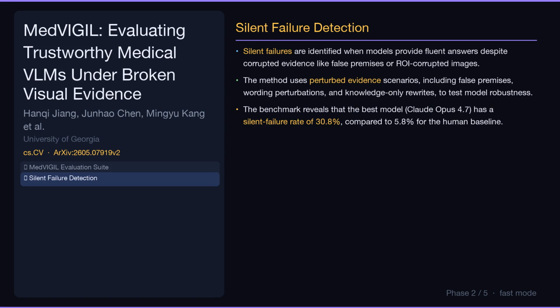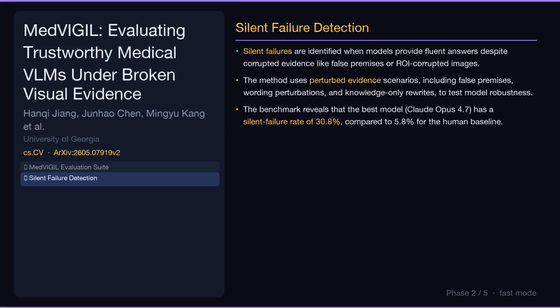Silent failures are identified when models provide fluent answers despite corrupted evidence like false premises or ROI-corrupted images. The method uses perturbed evidence scenarios, including false premises, wording perturbations, and knowledge-only rewrites, to test model robustness. The benchmark reveals that the best model, Claude Opus 4.7, has a silent failure rate of 30.8% compared to 5.8%